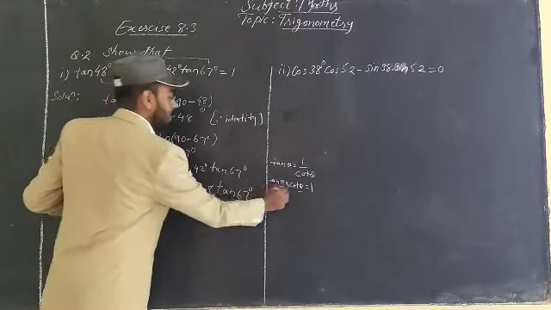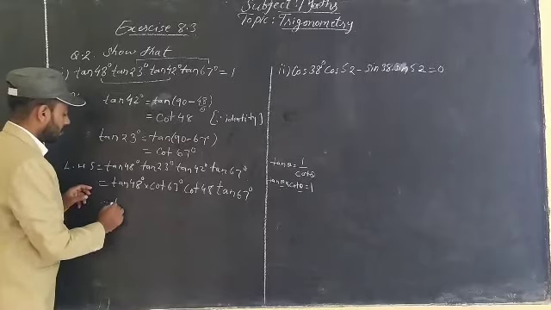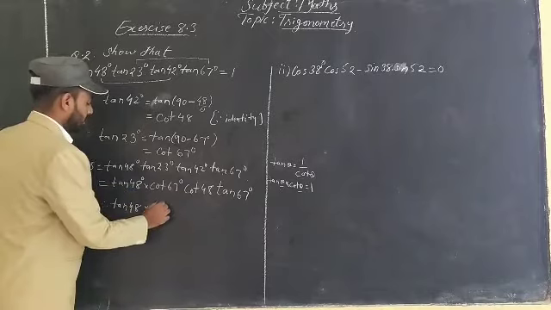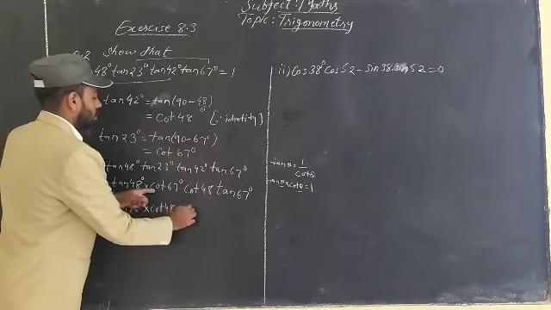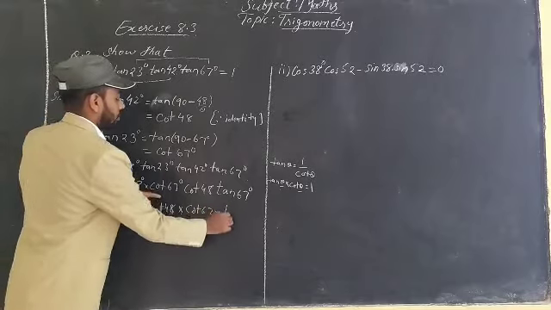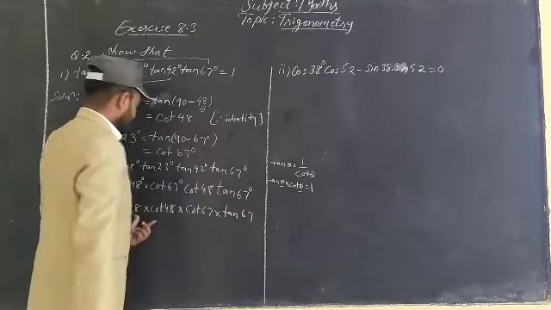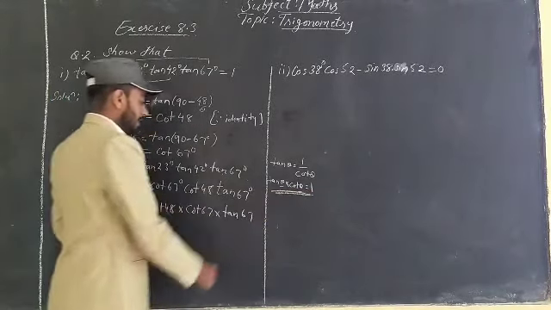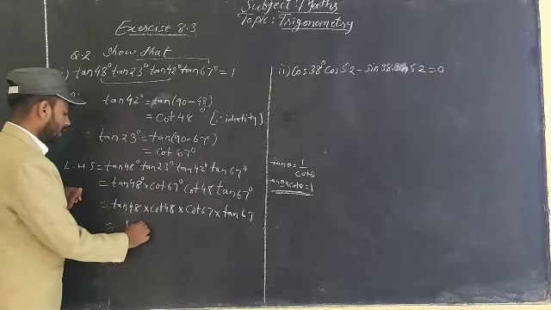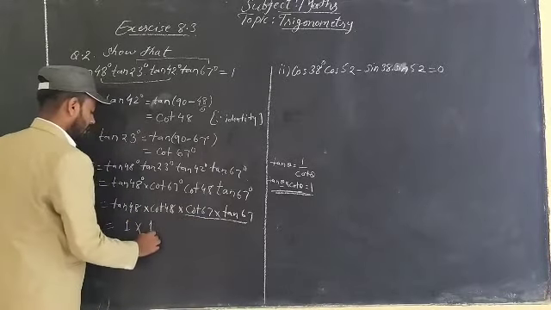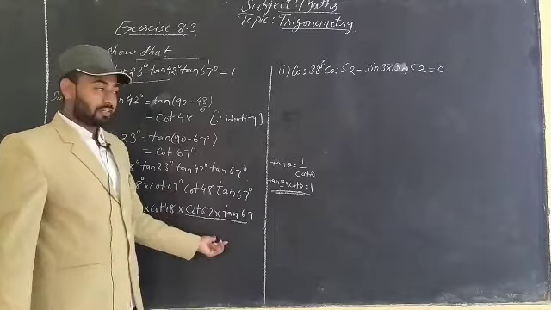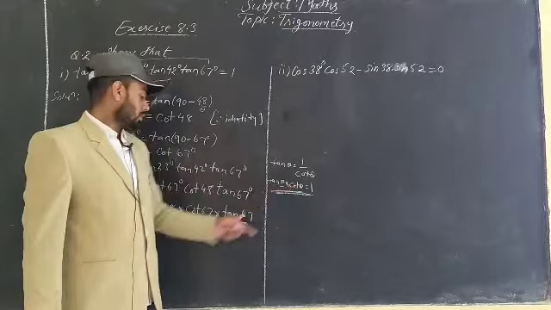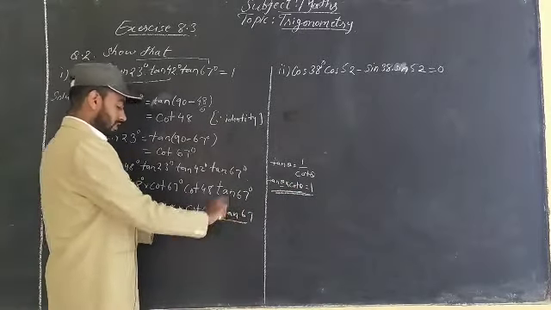So using this formula I can write this tan 48 into this cot 48 here, and cot 67 into tan 67. So tan 48 into cot 48 will become 1 according to this identity. Okay, so this will be 1 into this will be 1. Okay, see, cot and tan are different, but the angle should be the same. Tan theta into cot theta is equal to 1. So cot 67 into tan 67 is equal to 1.